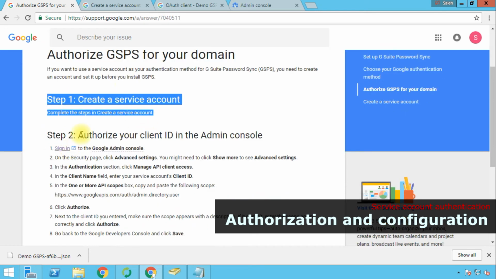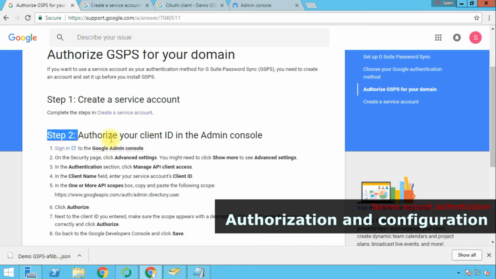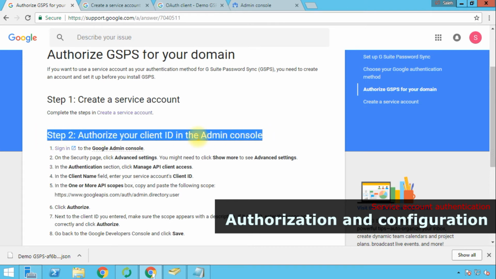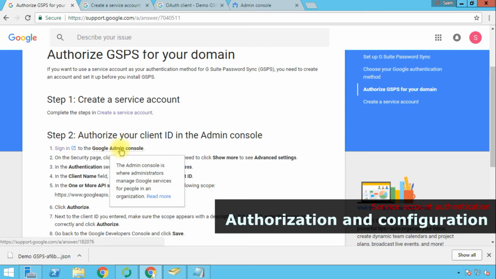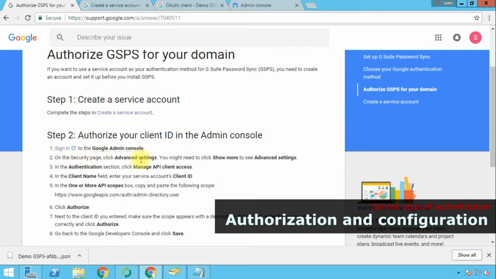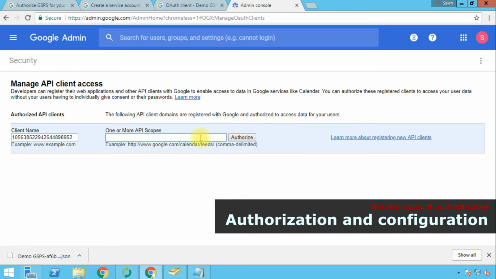Step number 2, which is right now what we are going to do, authorize your client ID in the admin console. So basically what we've done is we opened the admin console, then we've actually gone straight to the manage API client access. We've pasted our client ID in the client name field, and in the one or more API scopes, we will need this value that is provided for us. This is the scope that we need to work with. So copy, going back to the admin console and paste,